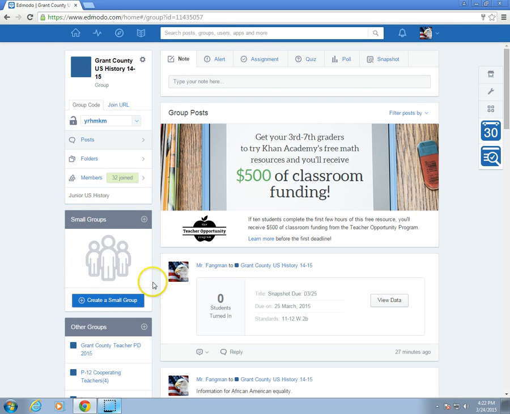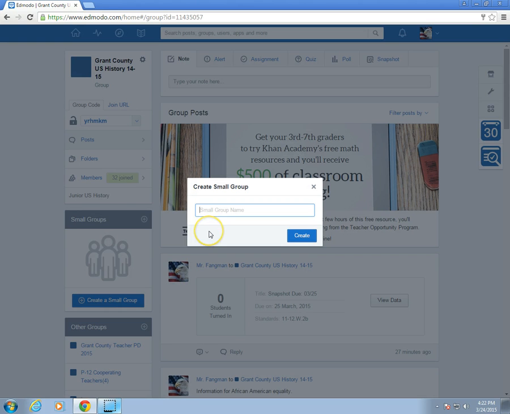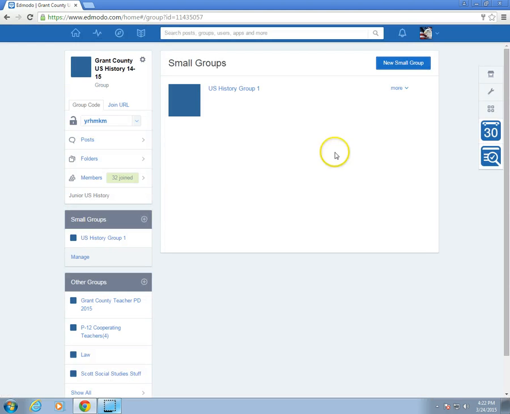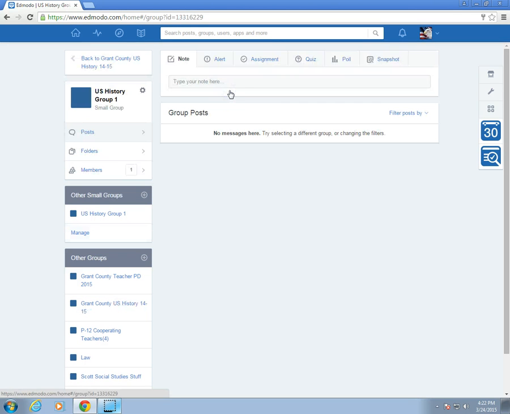And what this allows you to do is to create small groups within your classes, and you're allowed to assign students. So if I wanted to do U.S. history group 1, I would be able to create that small group